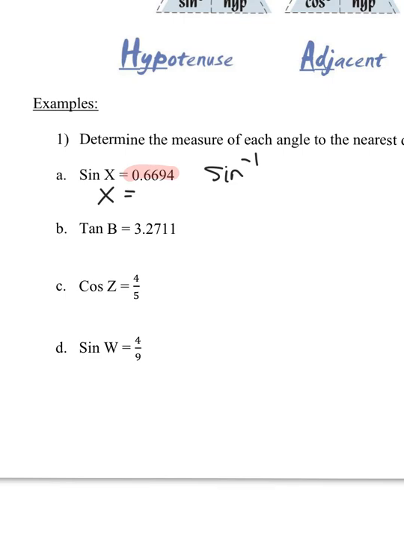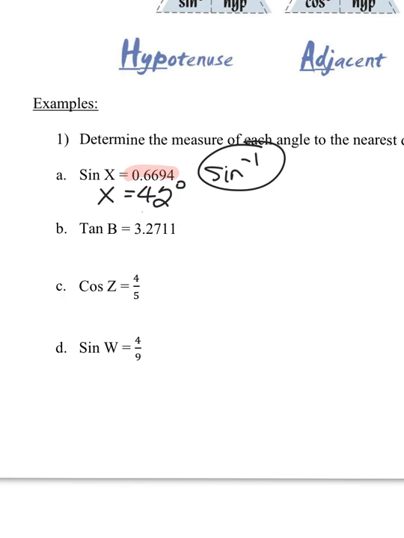So 0.6694, and then I'm going to hit second and then the sine button. And the number that you should be getting is 42. Try that again. The number you should be getting is 42.02, and we're going to go to the nearest degree, so we'll say 42 degrees. So that's what you're aiming for. So pause the video right now and try that. So you go sine to the -1 of 0.6694, or 0.6694 and then second sine,